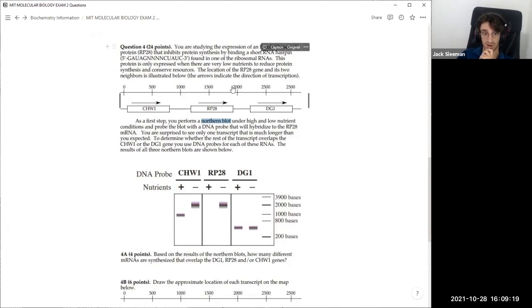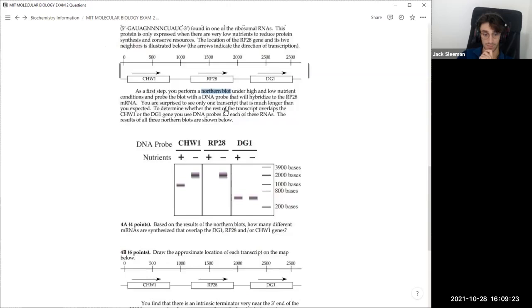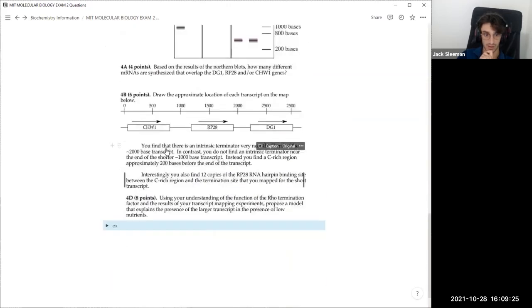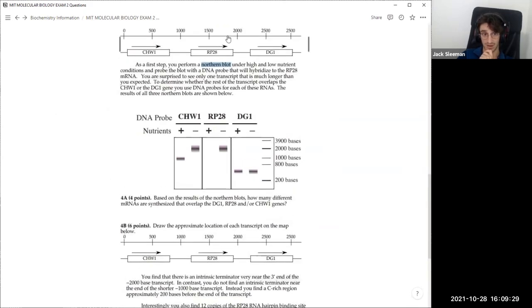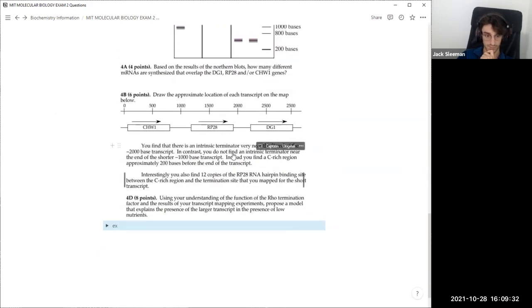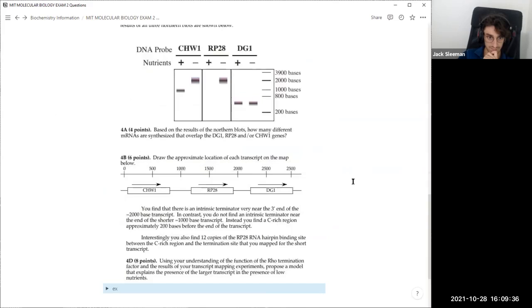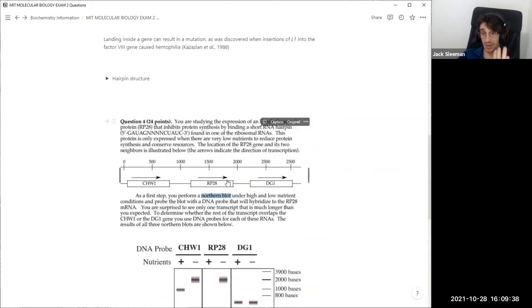Hairpins are found, we said the hairpins were where? Here at the end of the 2000. So that's also interesting. So the RP28, upon being made, it'll bind over there, and